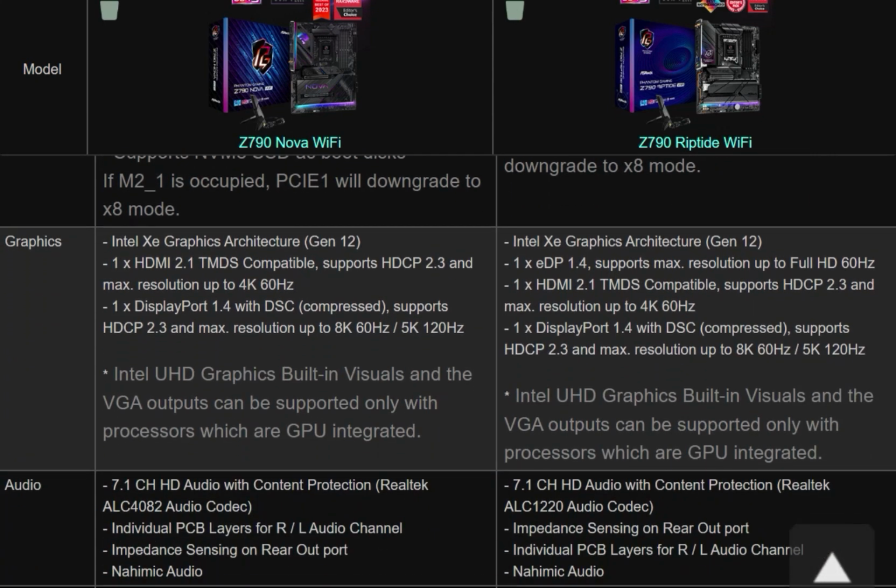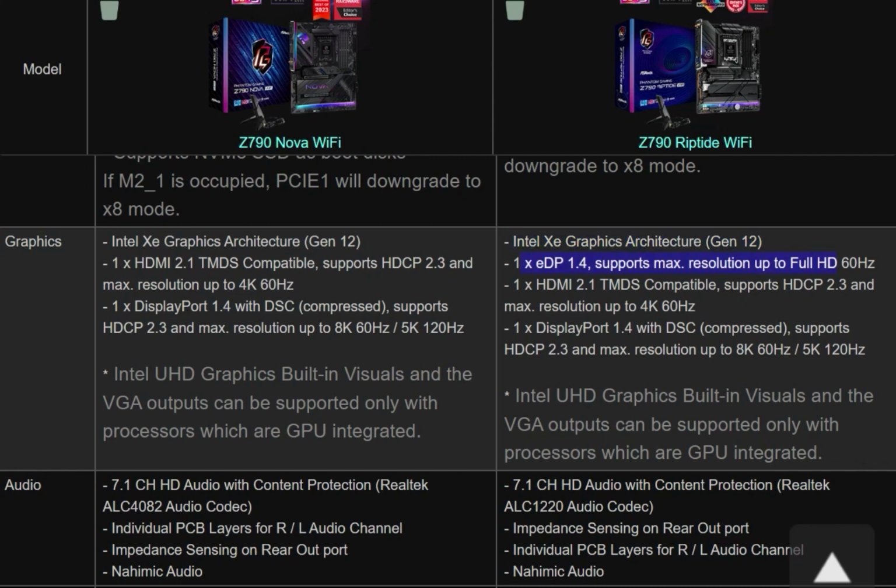Now talking about the graphics, the Intel Xe graphics architecture 12th generation, this is also supported. One HDMI 1.4, or this is eDP 1.4 supporting max resolutions.